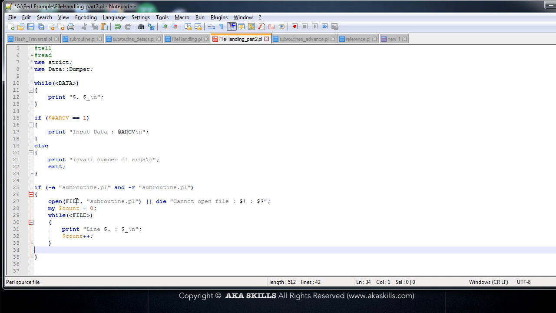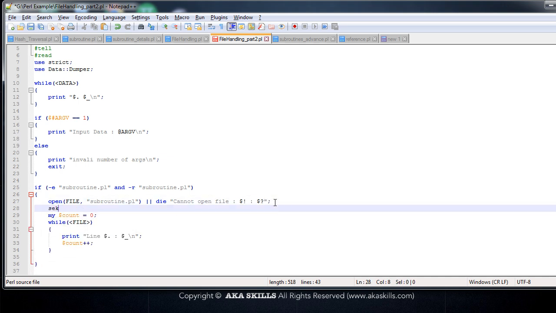So what we'll do is, we have opened our file here. We'll simply say seek, and inside the seek command we'll pass the file variable along with, let's say, the number of bytes we want to skip, which is 20, and from the beginning of the file. So this will actually skip 20 bytes from the beginning of the file. If the output of the seek command is a non-zero output, then it has passed. So let's say I'm taking the output of the seek command in an op variable,